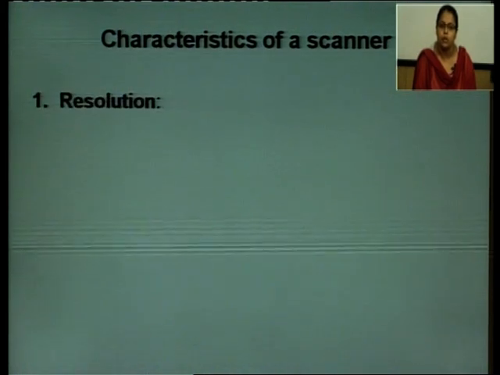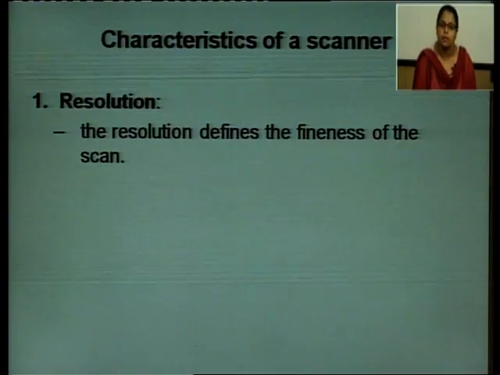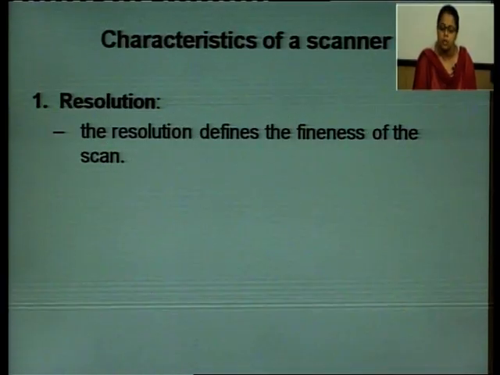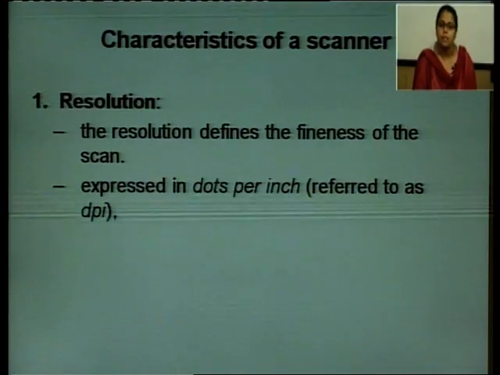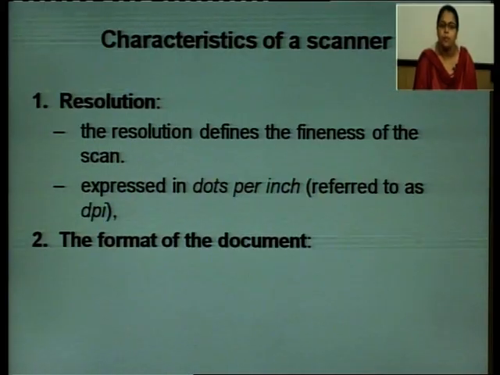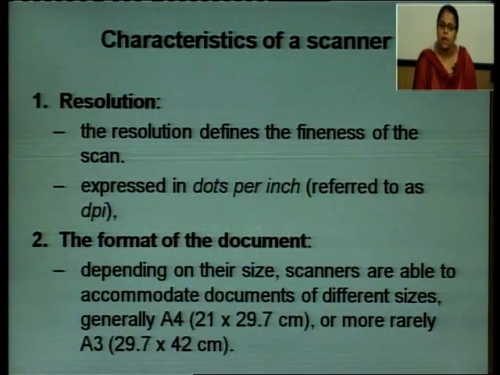First is resolution. It defines the fineness of the scan, that is, the fineness of the image or the document which is scanned. It is expressed in dots per inch, which is also referred to as DPI. The second characteristic of a scanner is the format of the document. Depending upon the size of the scanner, scanners are able to accommodate documents of different sizes, generally A4 or